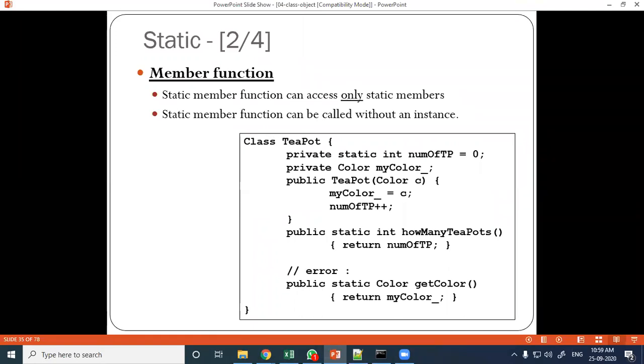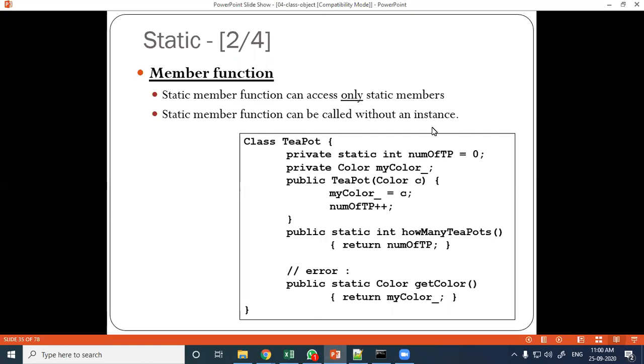Static member functions can access only static members. You can note that down. And a static member function can be called without any instance.